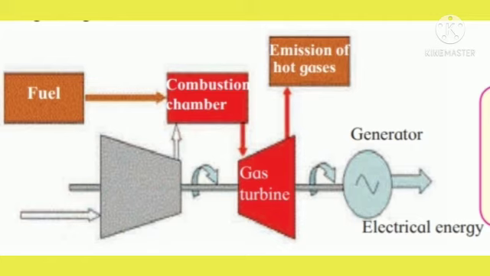Now see step by step transformation of the energy. In this power plant, chemical energy in natural gas is converted into kinetic energy generated due to combustion of natural gas, and it is then converted into kinetic energy in turbine, and then it is converted into electrical energy. The efficiency of this type of power generation plant is higher than that of a power generation plant based on coal. Since natural gas does not contain sulfur, burning of natural gas results in less pollution.